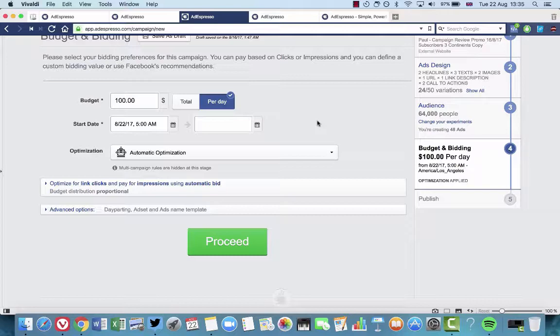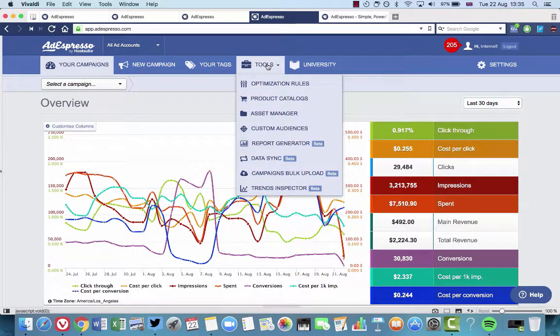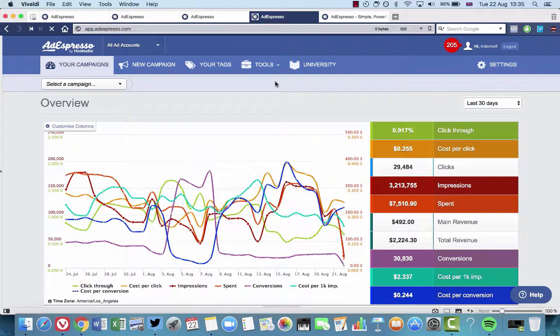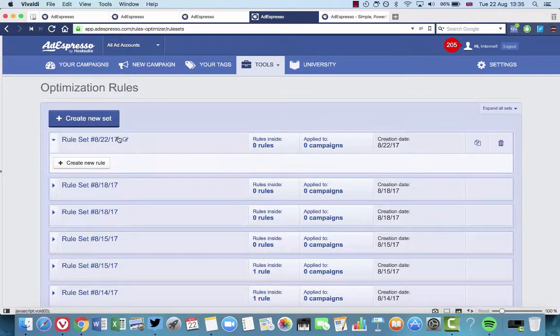Now what we can do from this is actually create a rule. So we're just going to hop over to the main AdEspresso dashboard here, and from the Tools tab we can choose the optimization rules at the top. So what we're going to do first of all is create a frequency cap. To create any rules there, we can just press the Create New Set button, and then we give this rule a name. So we're going to call it a frequency cap,